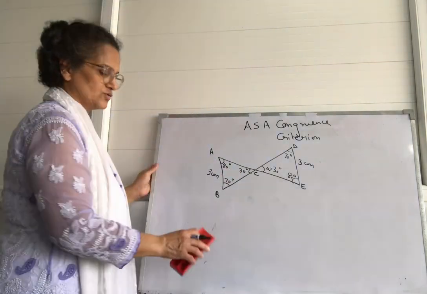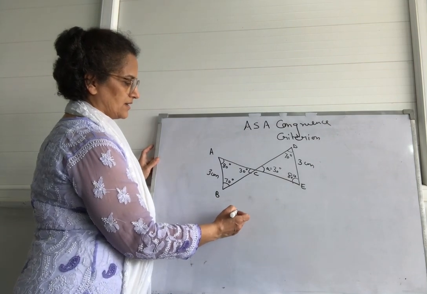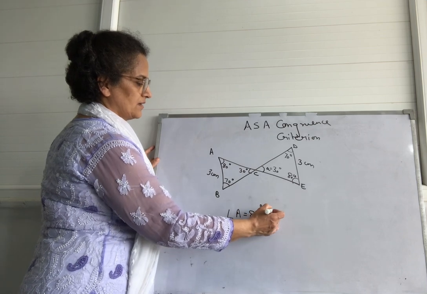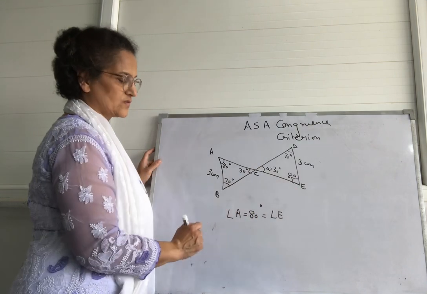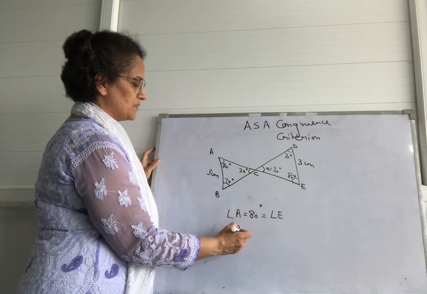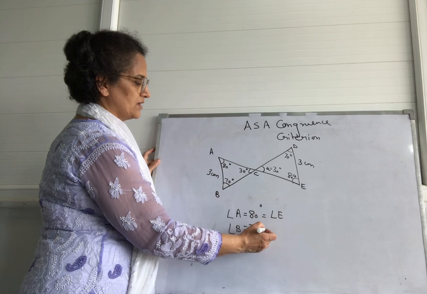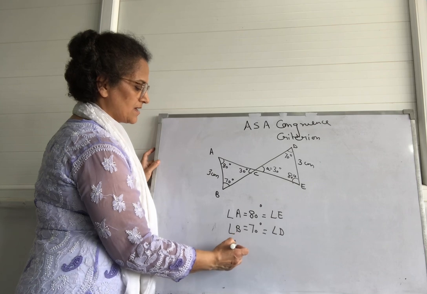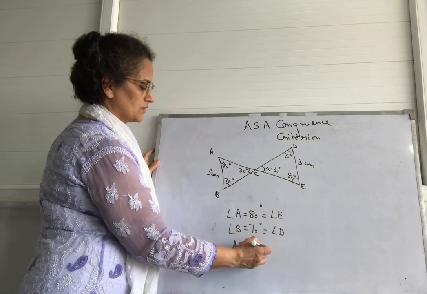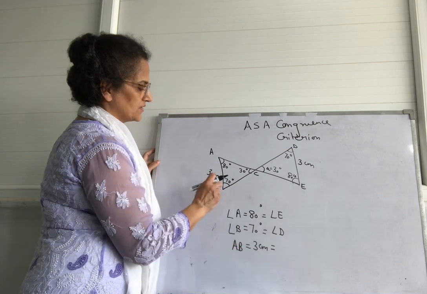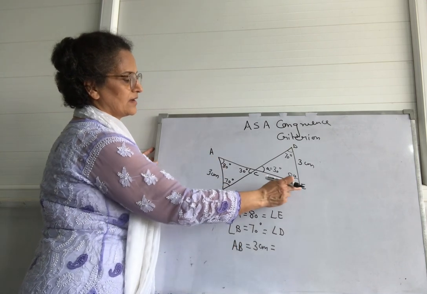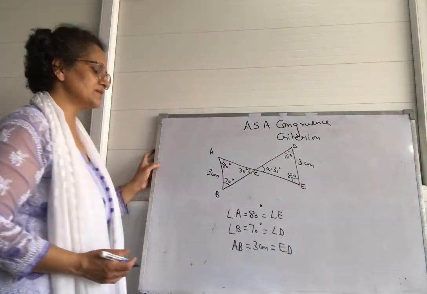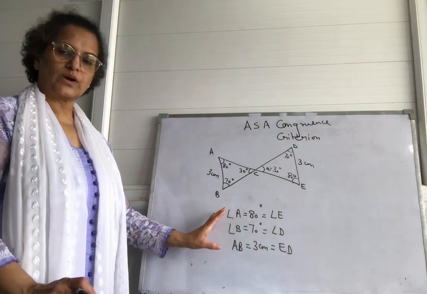Let's write the solution now. Angle A is equal to 80 degree, which is equal to angle E in this triangle. Angle B is equal to 70 degree, angle D, and AB is equal to 3 centimeter. Now you can see at A 80 is there, here at E 80 degree is there. So we write ED is 3 centimeter. Once you have written all the three correspondences for the criterion,